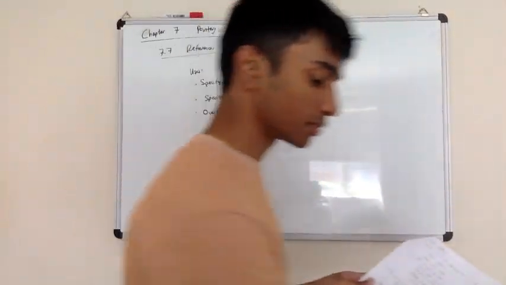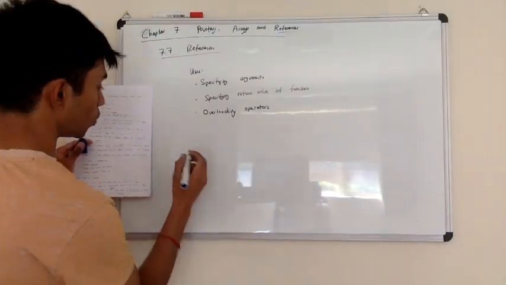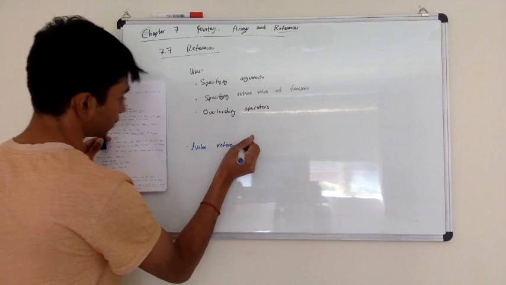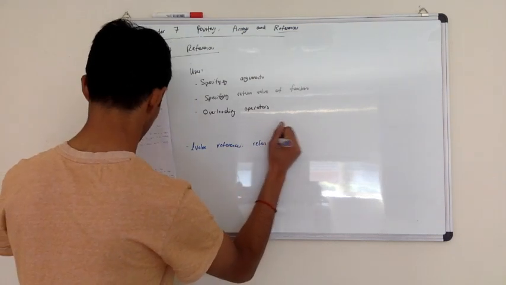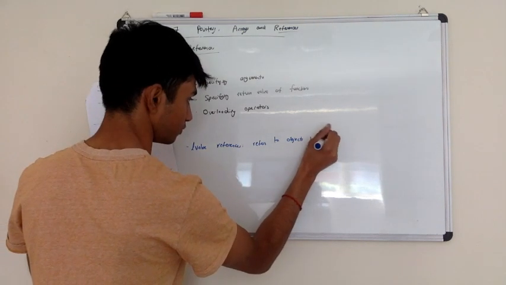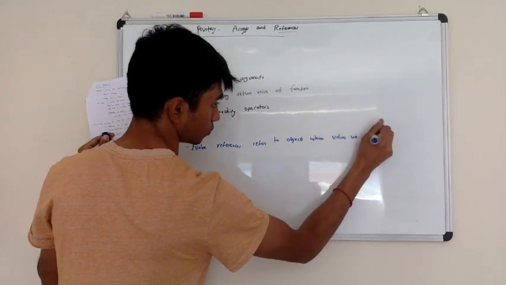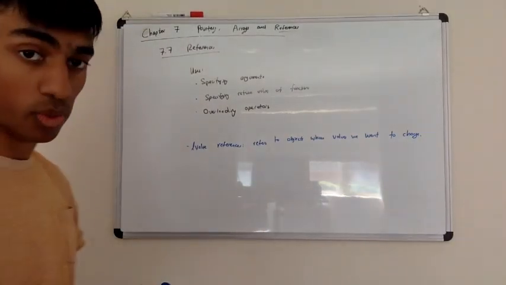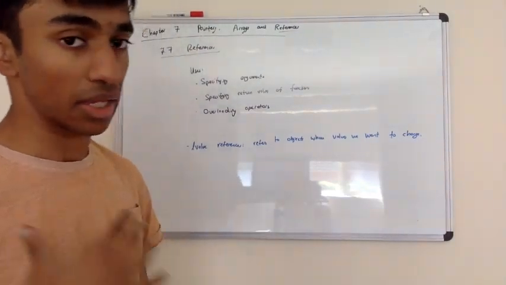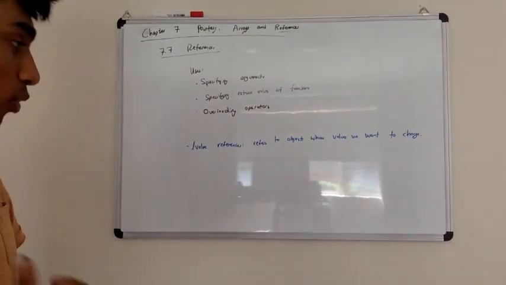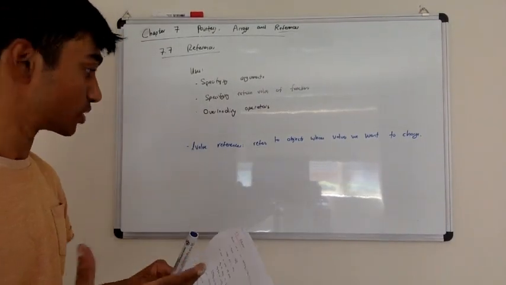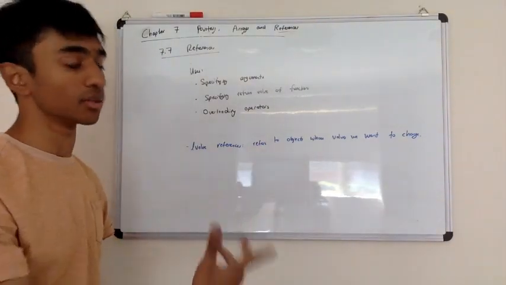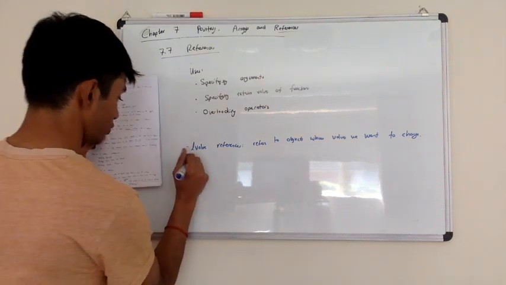Now there are 3 types of references, and this should hopefully look somewhat familiar. You have Lvalue references. That word Lvalue essentially refers to objects whose values we want to change. Remember that an Lvalue is typically an object with identity, where we have the name or some kind of reference or address to that object. So an Lvalue reference refers to objects with values that we want to change. We can have const references,